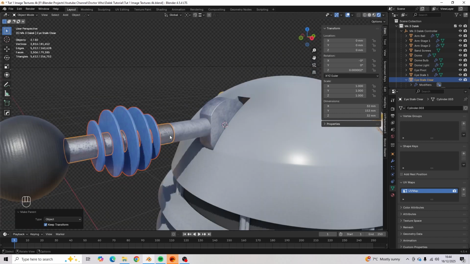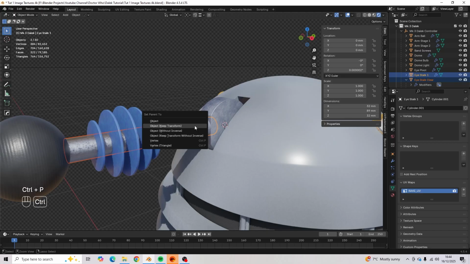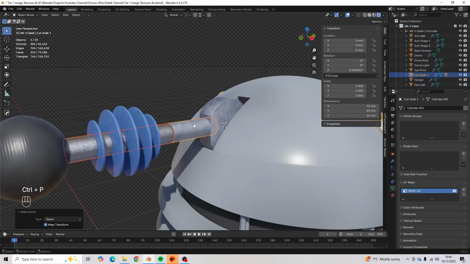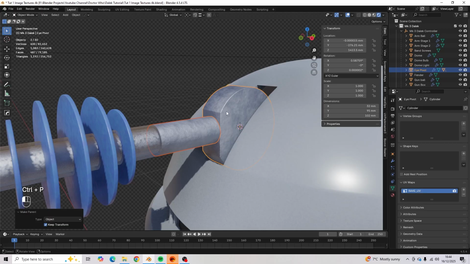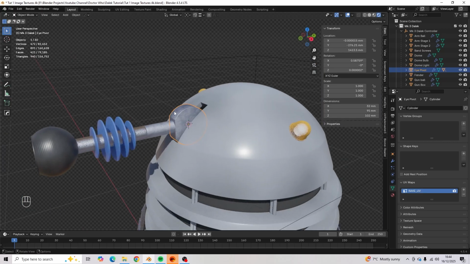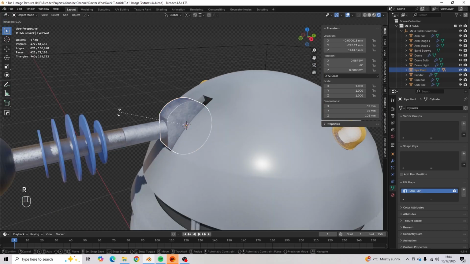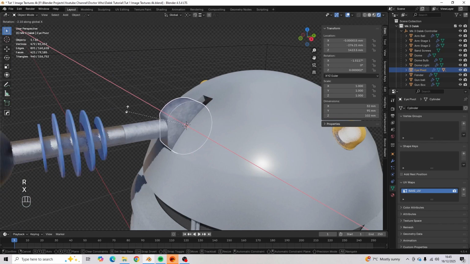And then we're going to take this outer tube. Sorry, I've got a bit of a cough today, by the way. We're going to shift click this eye pivot, this eye stalk stage 1, Control P, object, keep transform. And then finally, we're going to grab this object here and then shift click the eye pivot, Control P, object, keep transform. So now if we R and then X, you see everything moves along